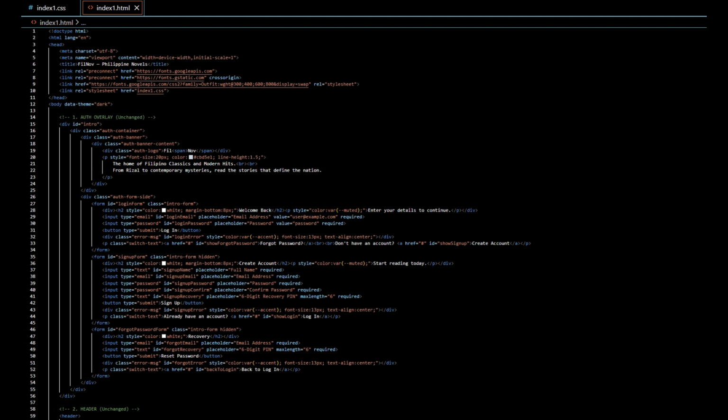The login form, which collects the user's email and password and displays an error message if something is incorrect. The sign-up form, where users register by entering their name, email, password, and a 6-digit recovery number. This recovery number is strictly validated using a numeric pattern to improve account security. And lastly, the forgot password and change password forms, which rely on that recovery number to reset the user's password. So basically, this entire intro overlay manages everything related to entering or recovering an account before the user can actually